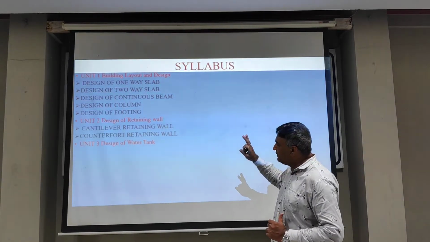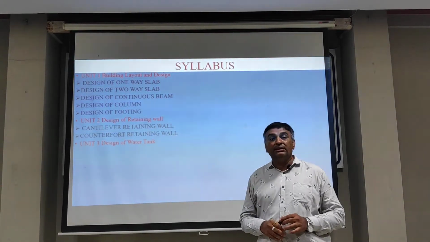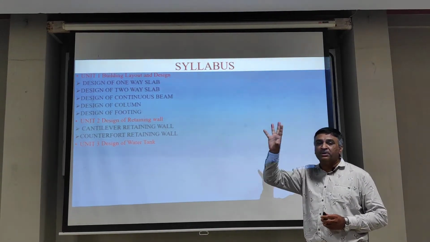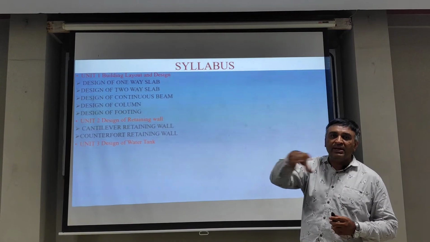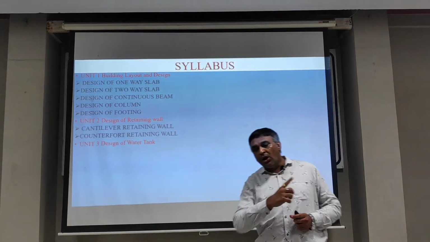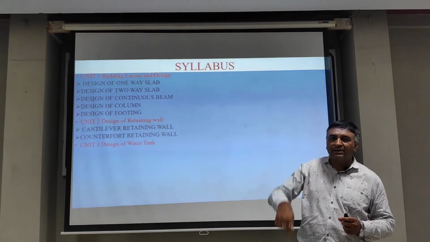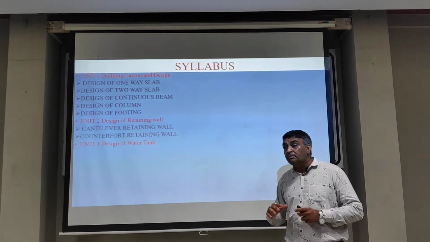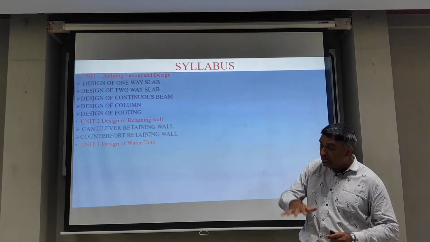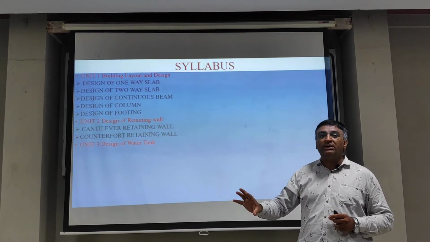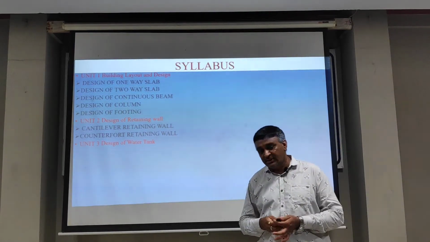We have given in this unit the water tank which is available in a corporation. You can see the corporation water tank is there. Each and every area has a water tank through which water is supplied to all the people living in that particular area. That water tank may be available overhead, or it may be available in the ground. So there are two types of water tank in this topic: the elevated water tank and the ground water tank.